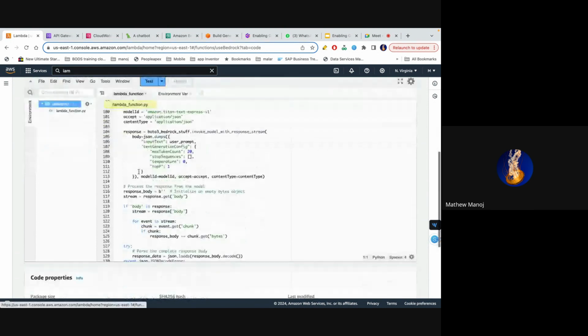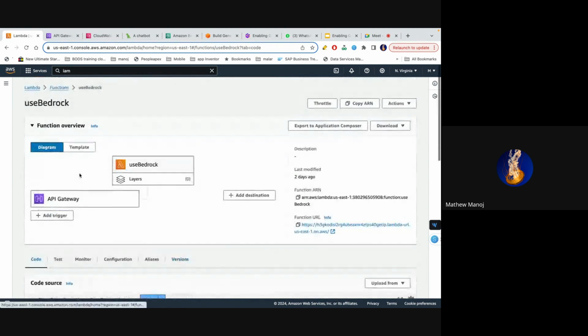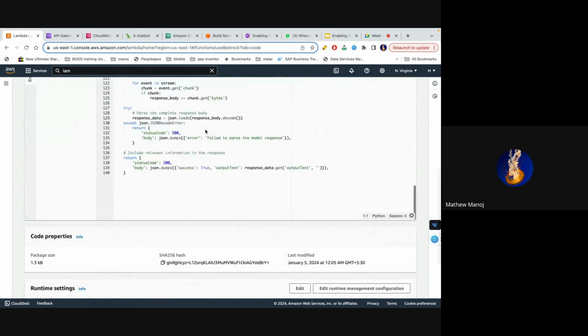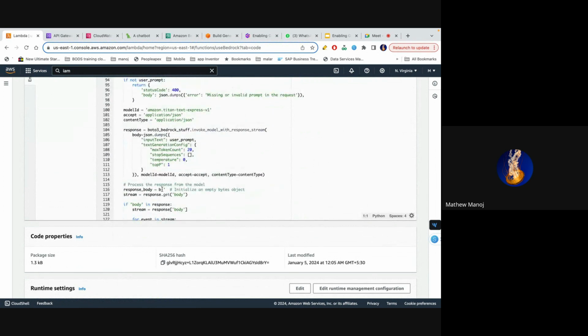You can take the response from this and pass it to another Lambda function over here. Then from that Lambda function you'll be able to get the output and connect it back here to the API gateway, based on your use case. It may be possible. I'm not sure if you can do it in the same Lambda function, but that is a possible solution.